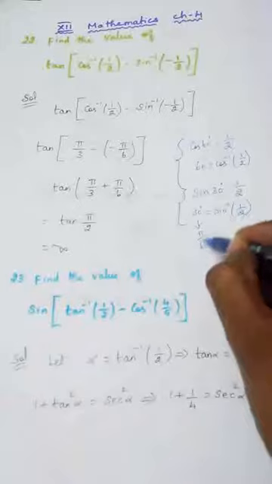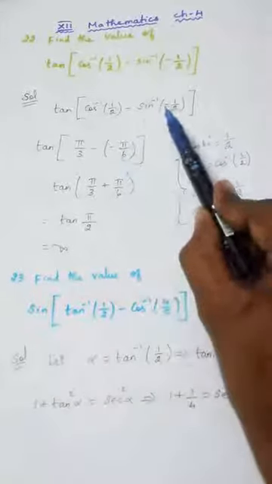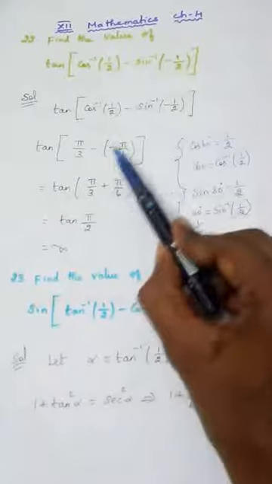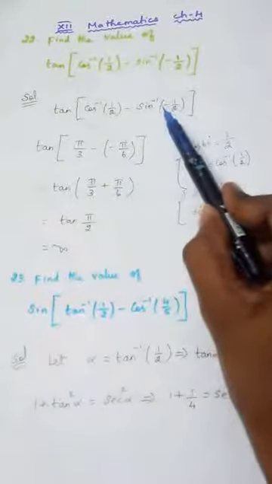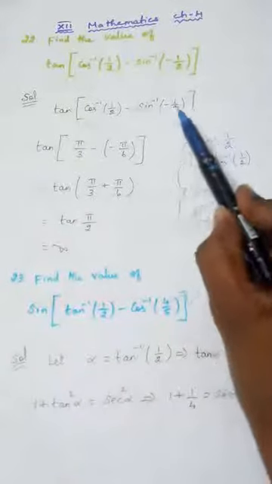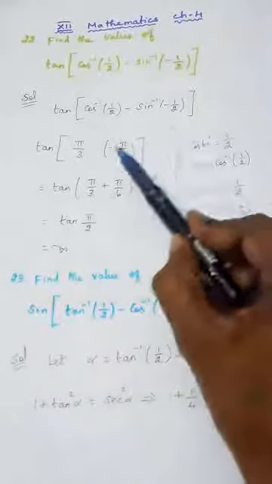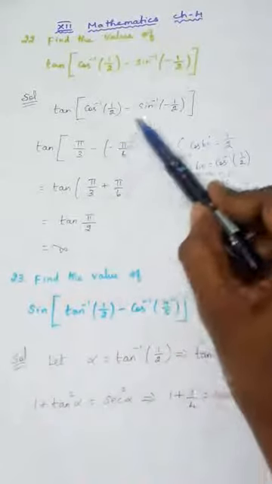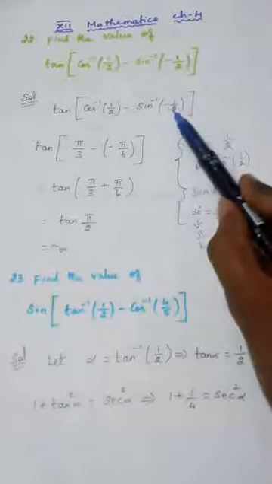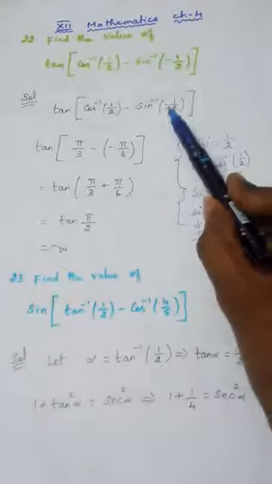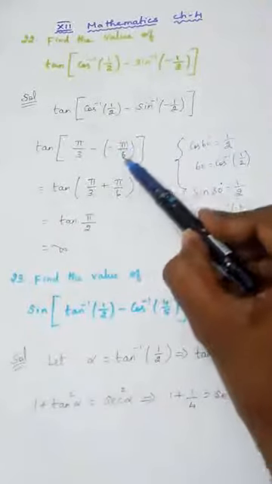Pi by 6 means 30 degree. So I am writing pi by 6. For this minus, you can just put the minus here. For the sine inverse function alone, if there is a minus sign, forget about the minus sign, see the value, and write that value with the minus sign. That is enough. Are you able to understand what I am telling? Sine inverse 1 by 2, the answer is pi by 6. Since minus is present here, you also add the minus sign with the angle.